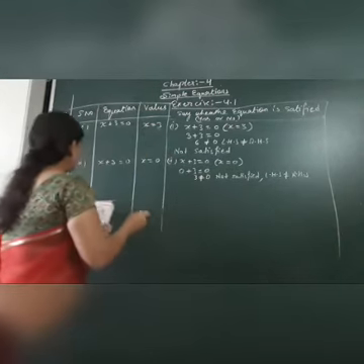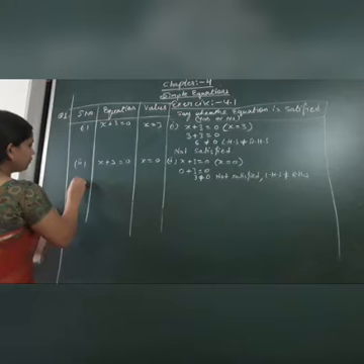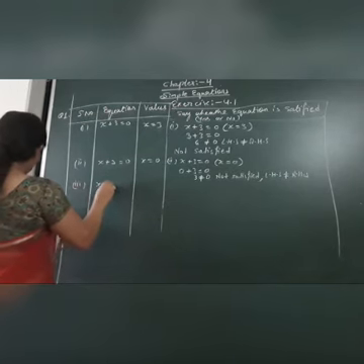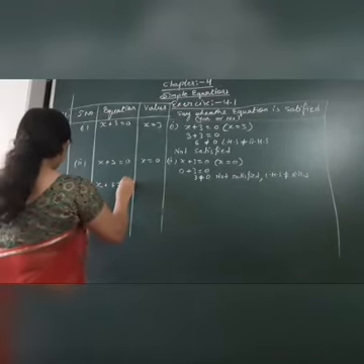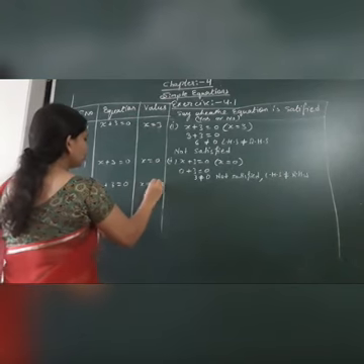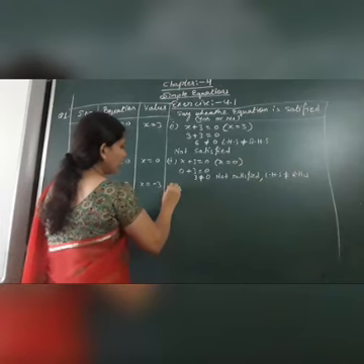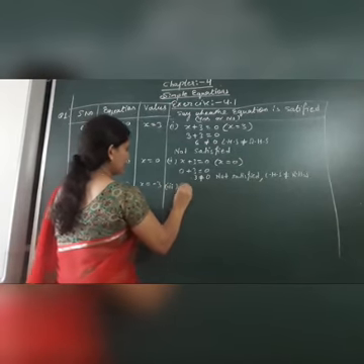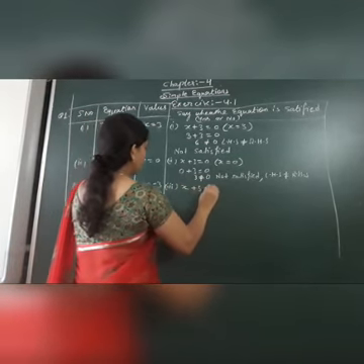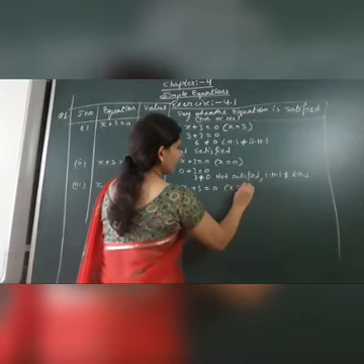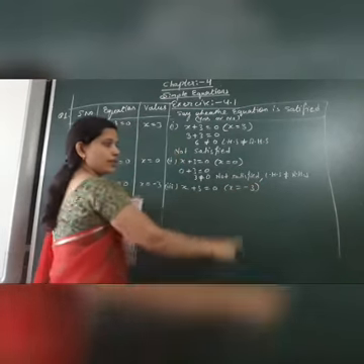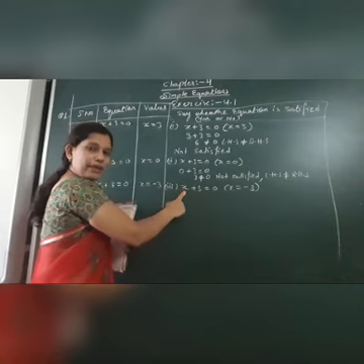Next, again we are having the third part of it. x plus 3 is equal to 0, where the value is given as minus 3. Okay, x is equal to, sorry, I said 3, it will be minus 3. So x is equal to minus 3 you have to put in place of x.